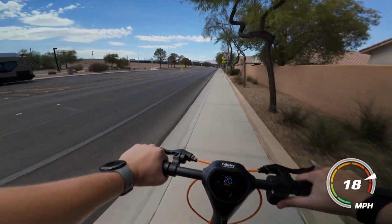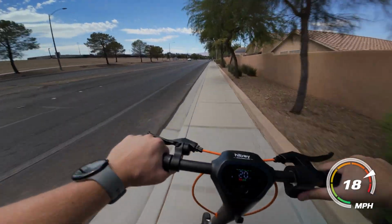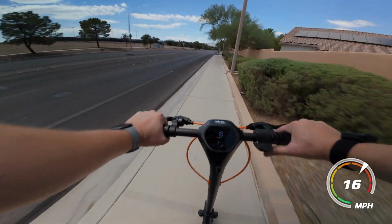All right, so we went like 9 miles. We just lost the battery bar. If that's accurate, then this might actually do the full 40 miles, which means I'm gonna have to spread out this range test over a couple days because I am